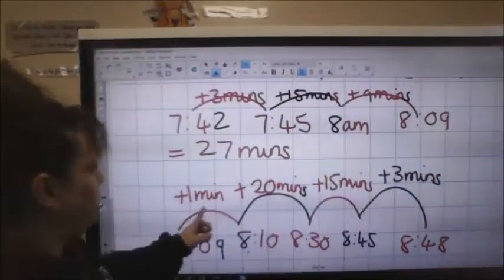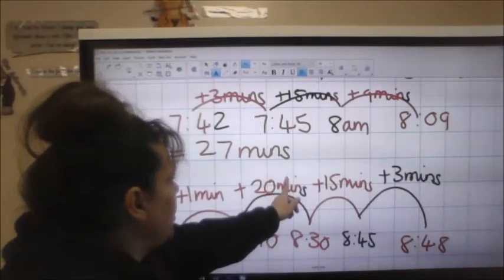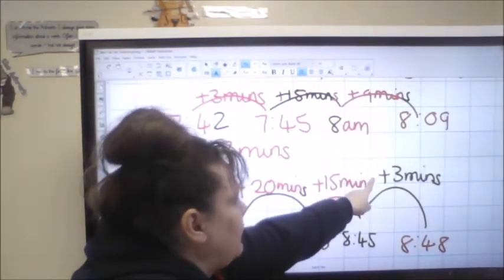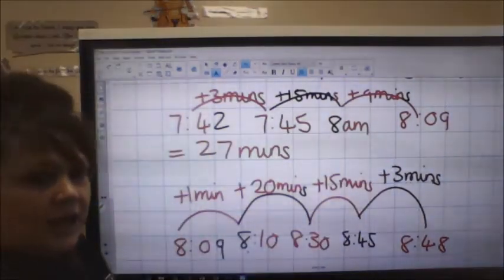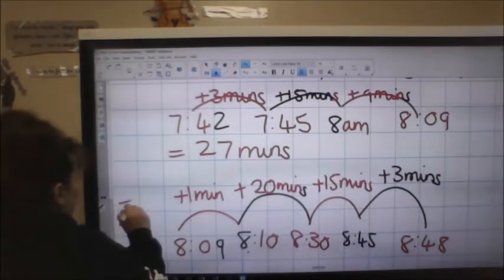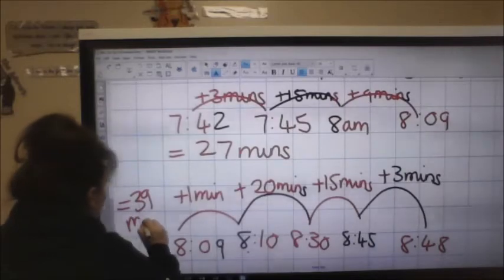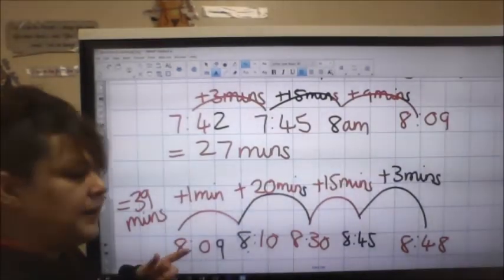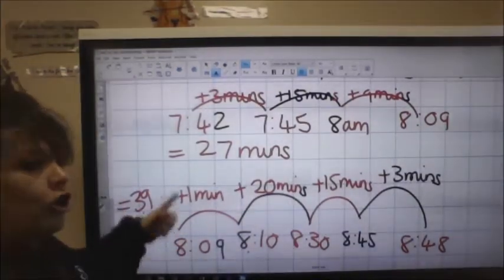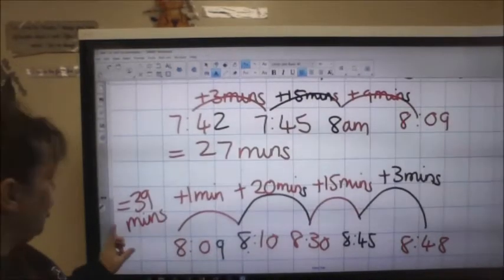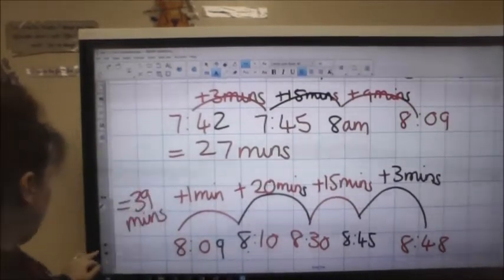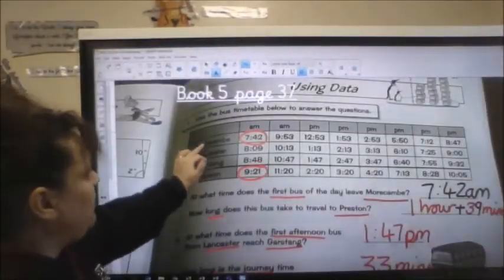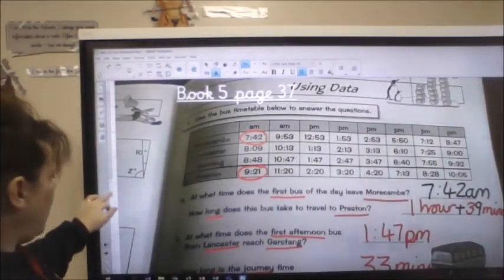So if I add that up, I've got 20, 35, 36, 37, 38, 39 minutes. So that equals 39 minutes. And hopefully you have all been eagle-eyed and spotted it. So now we know the journey times between all of our places. The shortest journey time is this one, 27 minutes. And that is, sorry, I moved the wrong way. It's between Morecambe and Lancaster. So where it goes here,